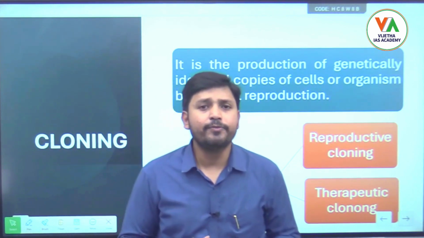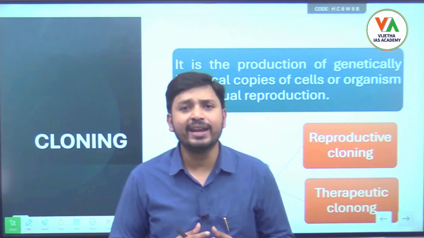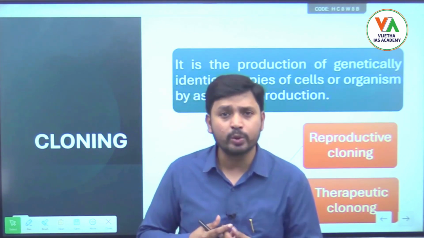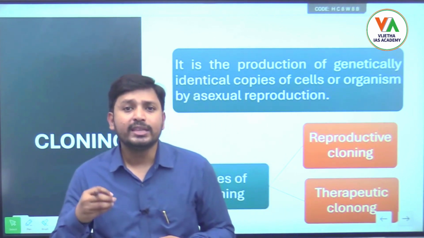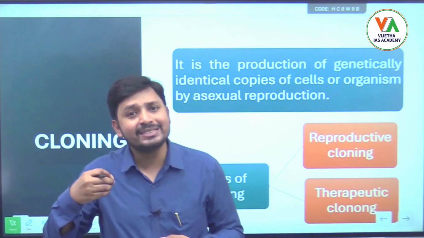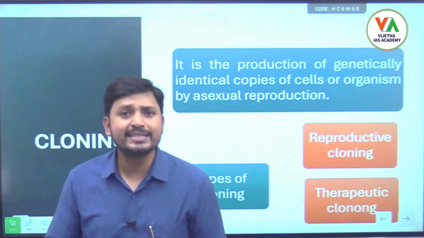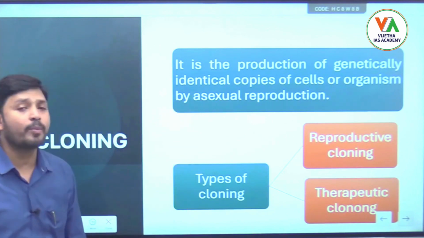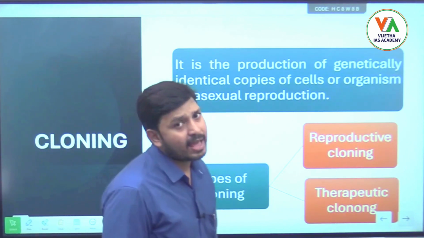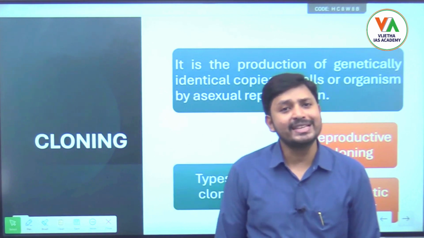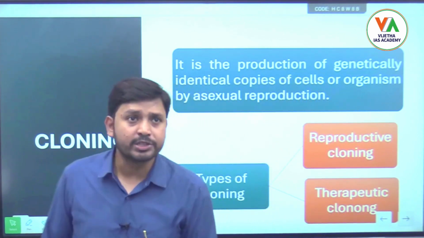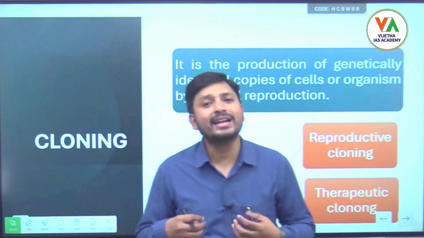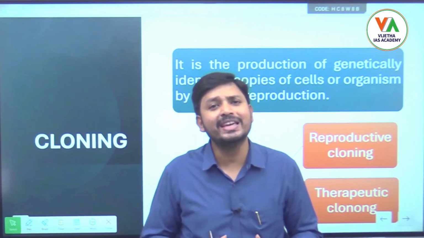If we have seen some twins, right? Some twins will look like exactly replica of each other, but we cannot say those things as cloning. But here in this cloning, these two persons even will have their genetics also the same. Exact copy will be there with respect to their genetics. It is the production of genetically identical copies of cells or organisms, and it is done through the method of asexual reproduction. Whatever the output that is coming, it will have exact replica. There won't be any difference in their genetical output.